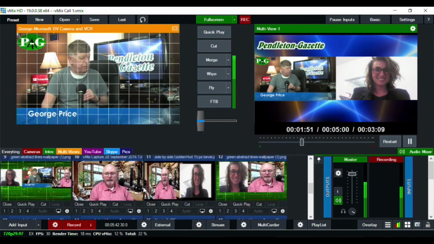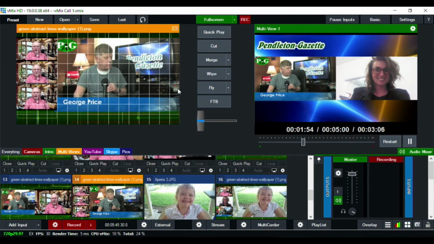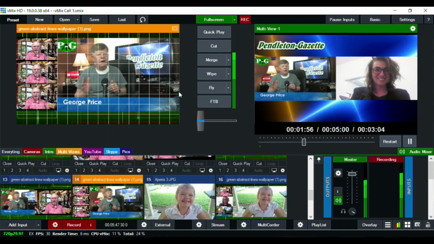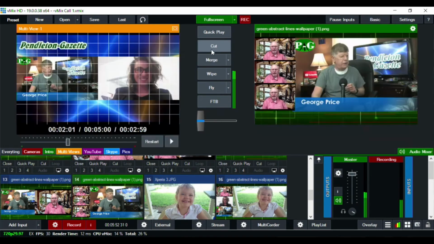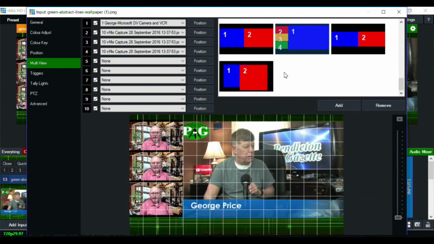Now this multi-view here, this one took a little bit of time because it's pretty complex. And I think you can see I've got a big picture on the right and three smaller pictures with Merle Dixon, that's who that is, on the left. But again, what you're resizing is the picture, not the multi-view window in vMix. And what I used to make that was